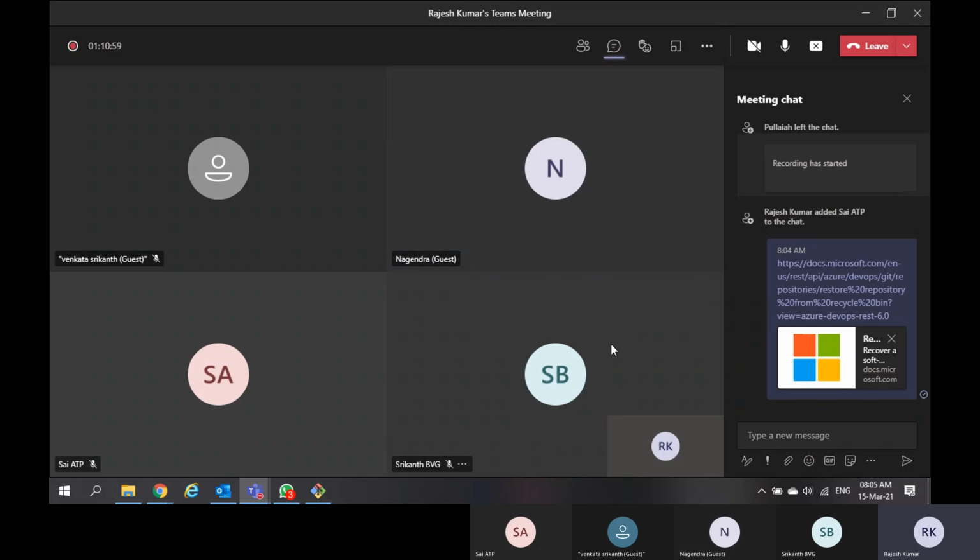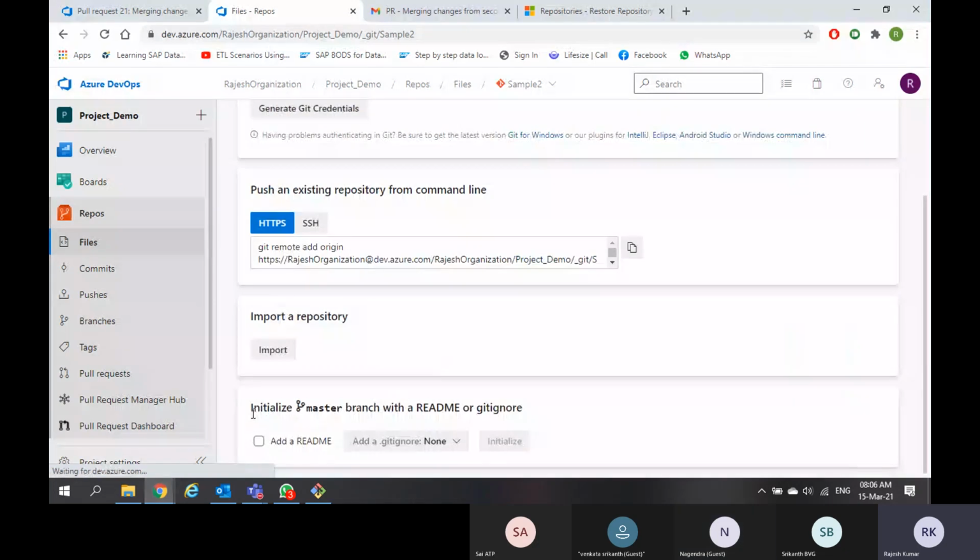Done, guys. If anyone has doubts, you can start, or else we are good to leave. One small piece of information. See, when we initialize, where will the code be? So you are asking about this initialize, right? You are initializing in Azure Repos, so your code will be in Azure Repos only.